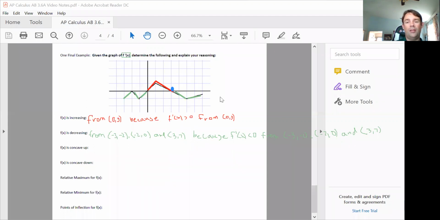Notice, as of right now, I don't know how to find the y value yet. All I know is how to figure out where the x value is. Later on, we'll know how to find the y value at that point. So relative max at x equals 3. I'm only going to use the x value here right now because I don't know how to find the y yet. x equals 3 because